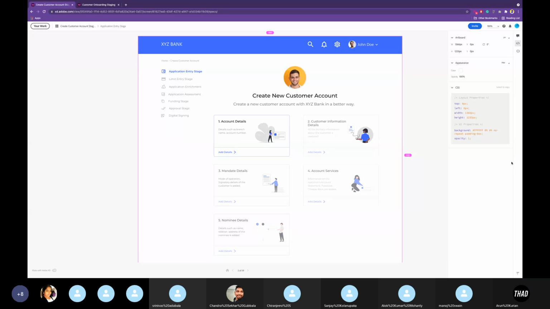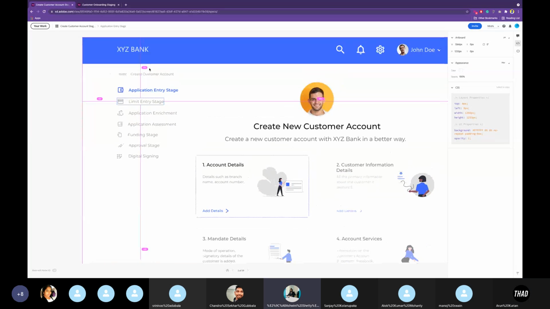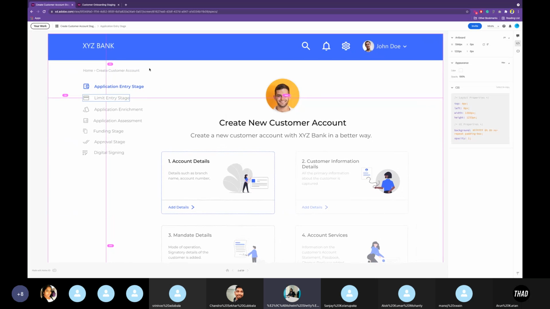Arun, yes. Can you just maximize your screen? It's very small while seeing the right side, whichever navigation you're showing. Okay, just give me a minute. I'll stop my screen sharing for a minute, then I'll share. Just give me a minute. Yeah, sure.